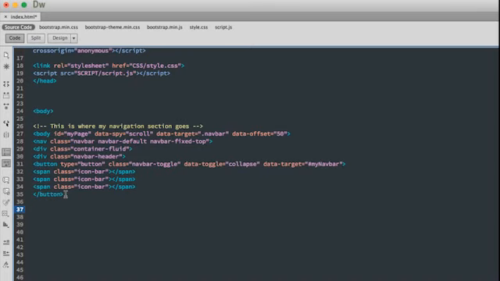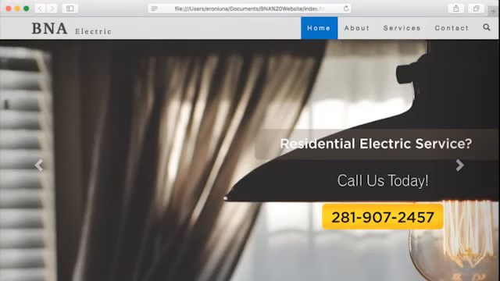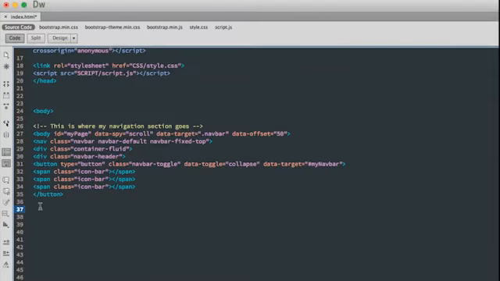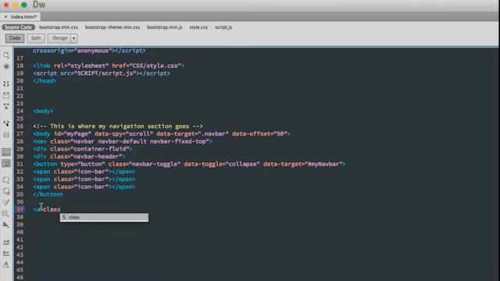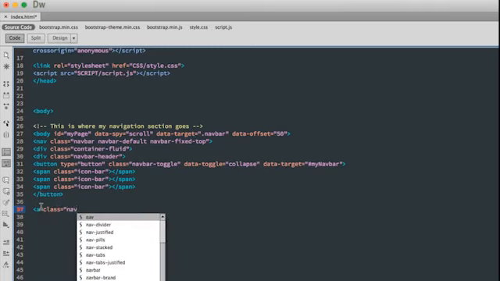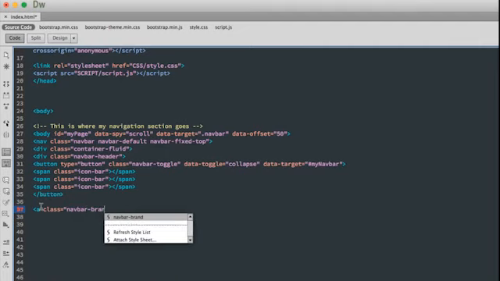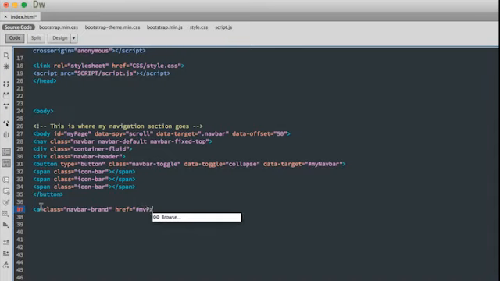Next, we're gonna create the brand right here, navbar brand, which we're gonna include our BNA Electric logo or whatever logo you're using. So we're gonna generate that by creating a class navbar, and like I said, it's brand. We're gonna link it to my page,